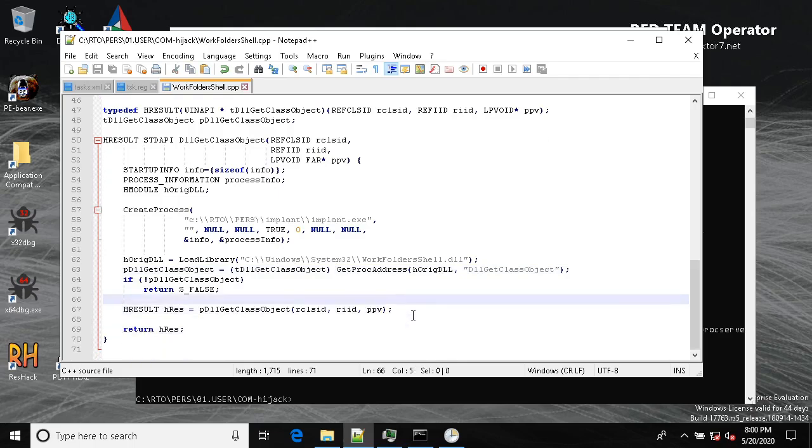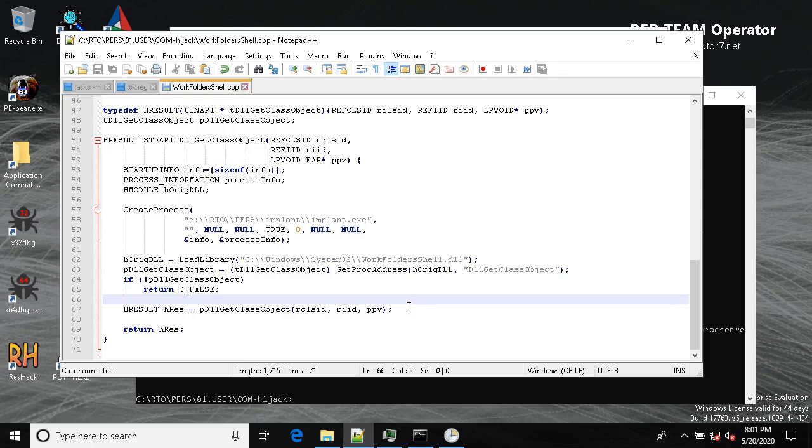So in other words, our COM hijacking DLL acts as a proxy, in a very similar way as in the DLL example, but this time